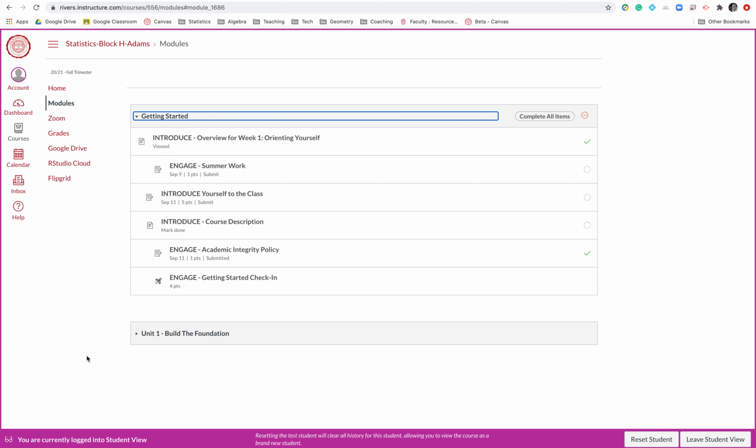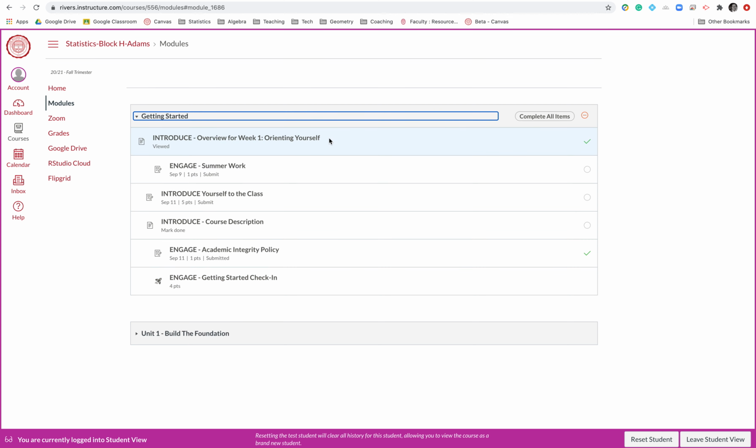One thing you may see teachers do is require certain actions, which means in this case, complete all of these different items. When you complete them, whether that's just viewing them, submitting them, or marking it as done, you'll get a check mark, and those things that have circles will show that you haven't yet finished that. That's not required by teachers to do, but you may see that. So don't be surprised if you don't get a check mark. It just means a teacher hasn't set that.